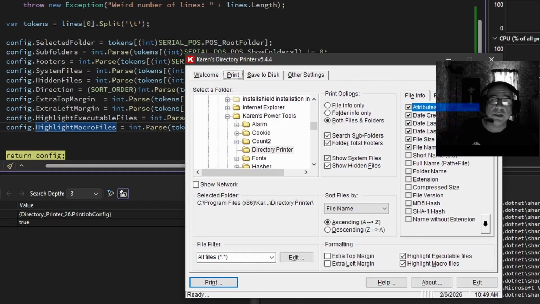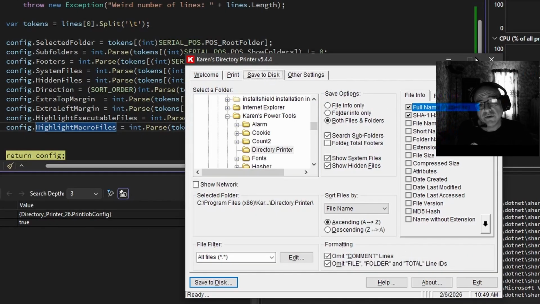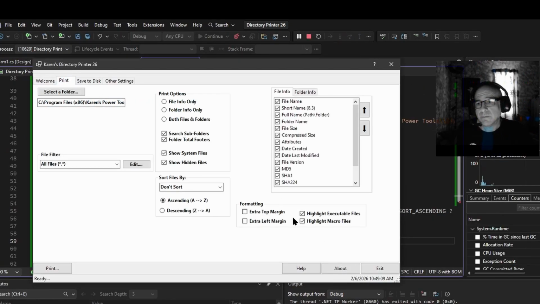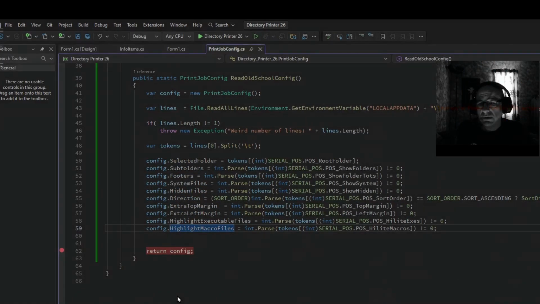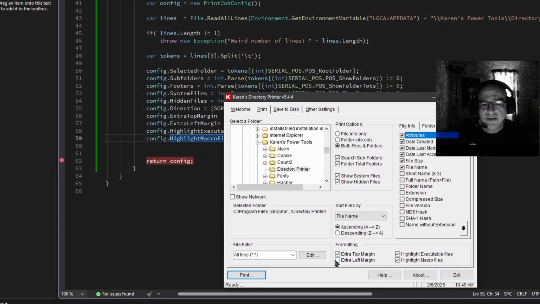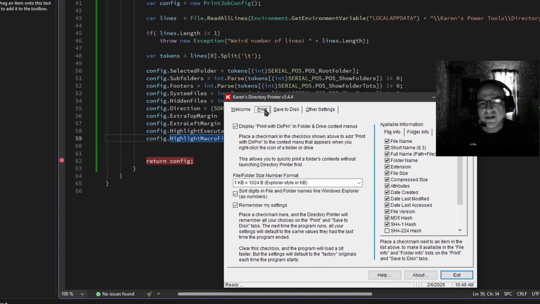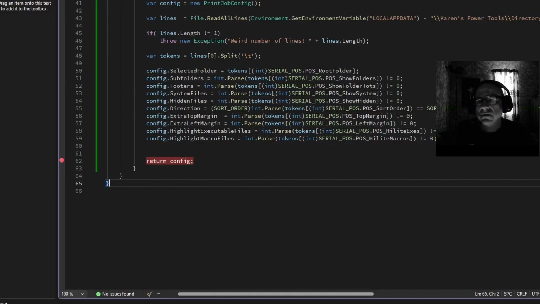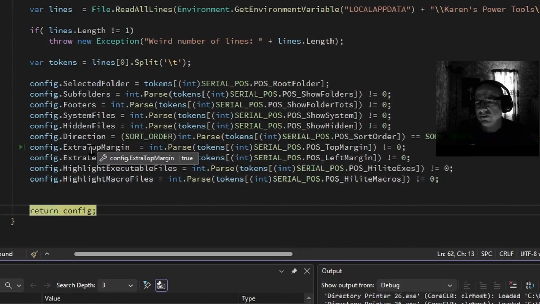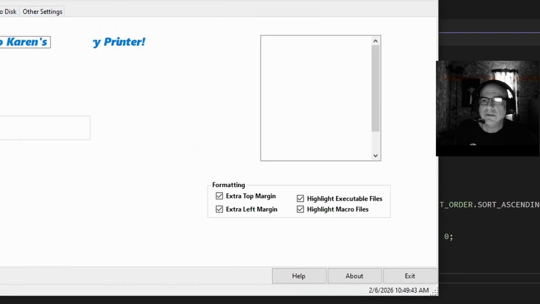We just have to build it out to be better than before, to work for this other page. All will be great. That'll be great. See, it's here. It's set the same. Nice. We'll even improve it. We're going to have that extra top margin and that extra left margin. We're saving our settings. Nice. Extra top margin, extra left margin, true in this case. Now, bam,